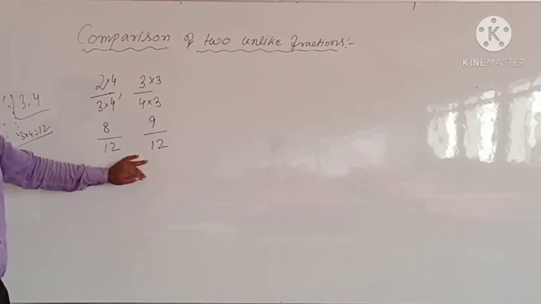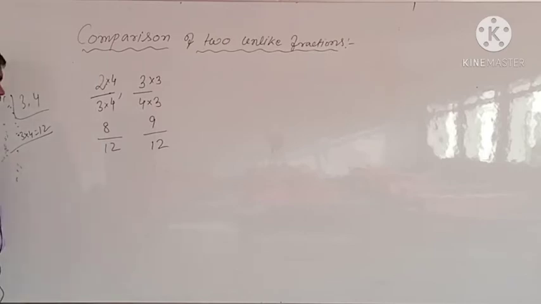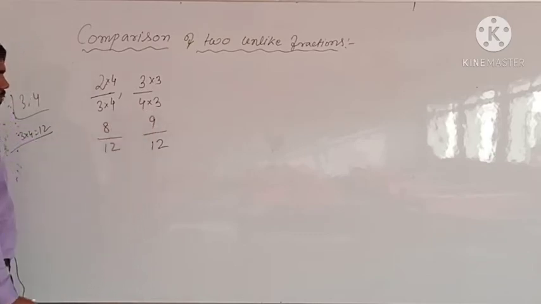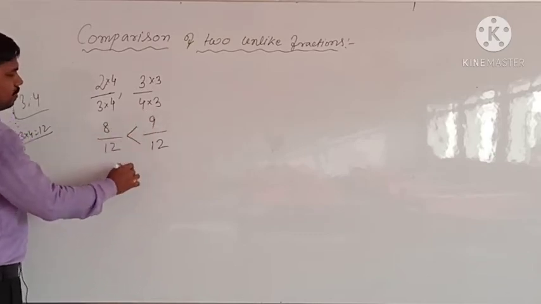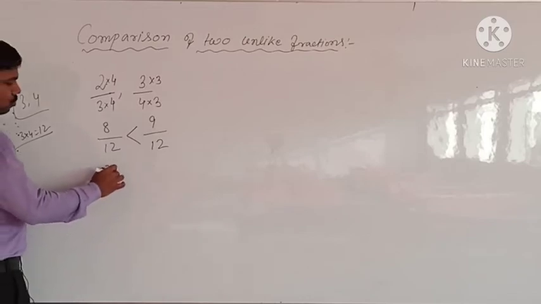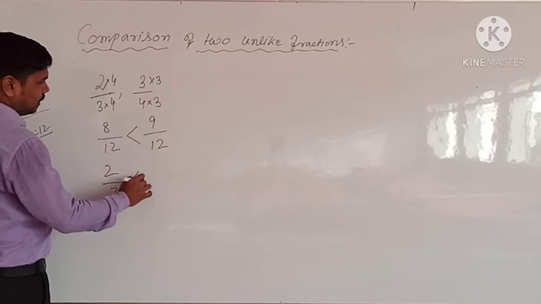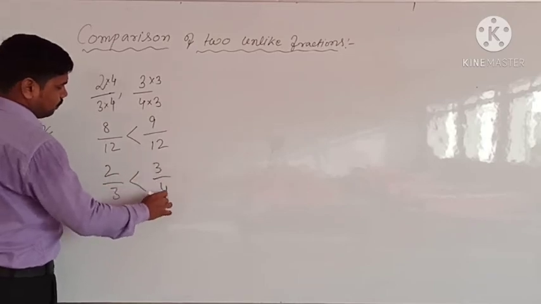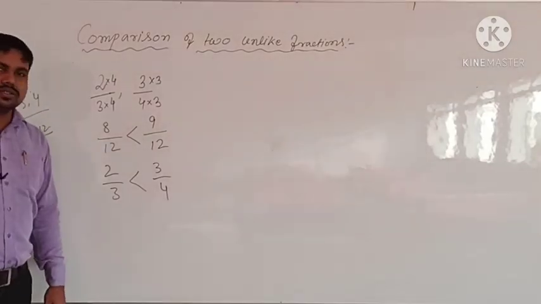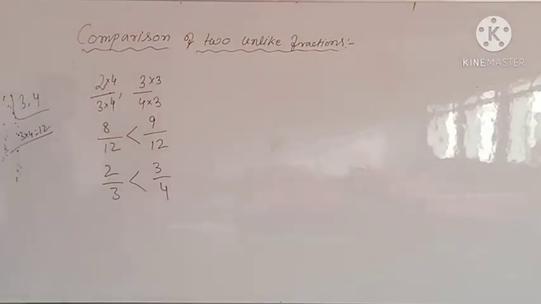So now we already know how to compare the like fractions. Like fractions compare करना बहुत ही easy है। हम लोग देखेंगे न्यूमरेटर में जिसका बड़ा है that will be the greater. So यहाँ पे 9/12 जो है greater है, तो इसका मतलब 2/3 से ज़्यादा बड़ा है 3/4. तो this is how very easily after checking this you can find out, okay.